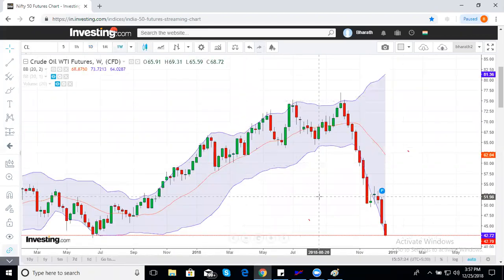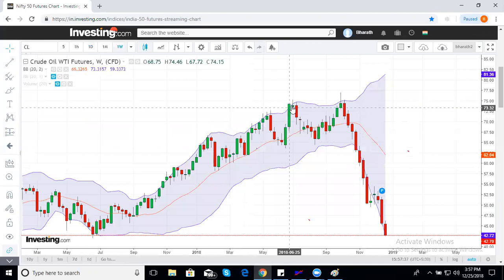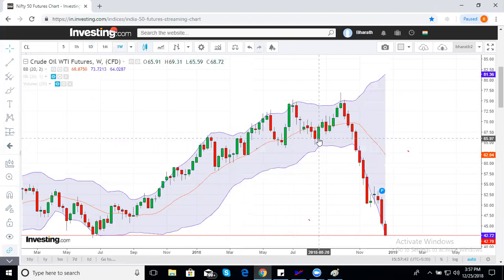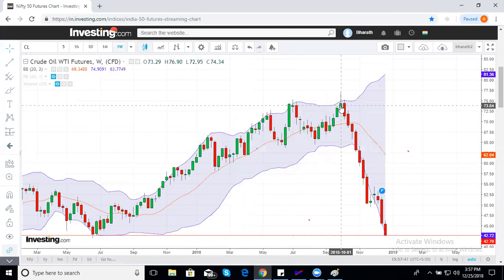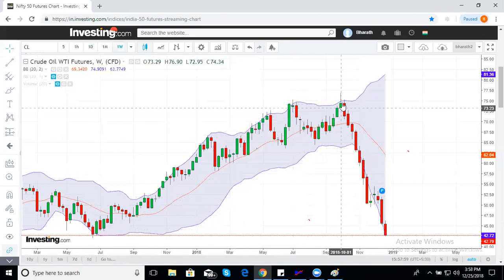Look at this, a weekly setup. Hold on, Ashok, I'll get back to you. This is a weekly setup of crude oil. See middle band support, market bounces off, prices closes outside the upper band, that means bulls are strong, comes back, next up move, market is unable to close the prices outside the upper band, and from there you saw this dip. This high was $75, now it is $42. This is outside inside on the crude oil.